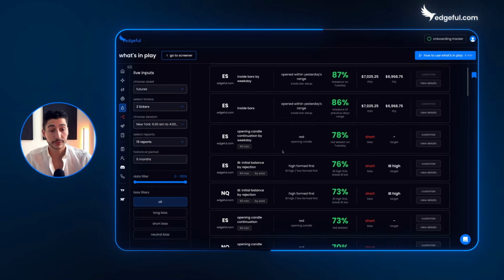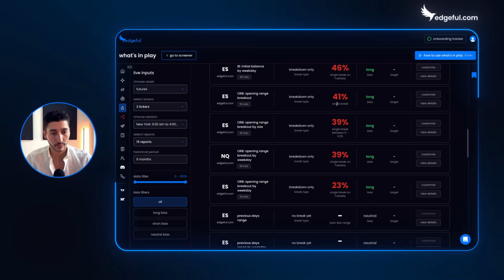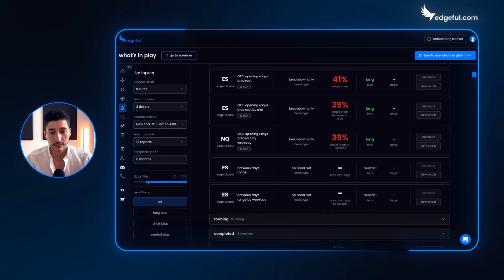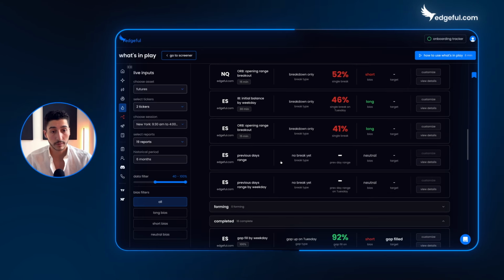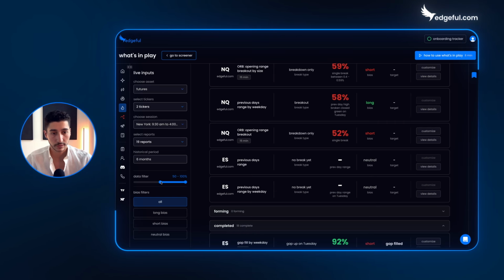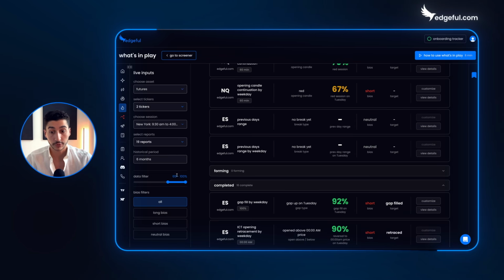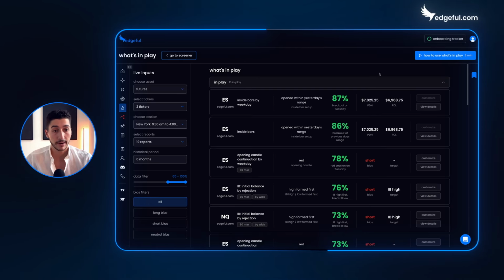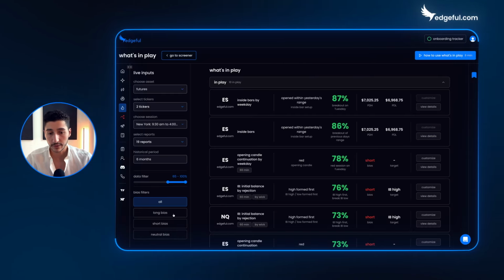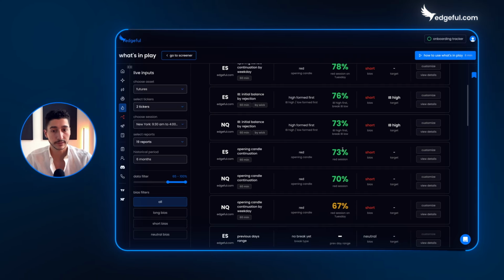Now, right over here, the data filter. This is really important. You can see we have 87%, 60, 50, whatever else. We're down here, 23%. If you don't want to see reports that have low probabilities, you just filter them out, right? So you're going to watch as this disappears from my in-play section based on the data filter. If I want to look at 65% and up only, now I have only the reports based on the live data right now that are 65% and higher. And then over here, you can filter for long versus short bias. So if I click long, obviously all the short goes away. And this is the